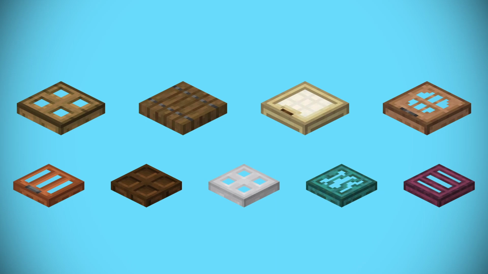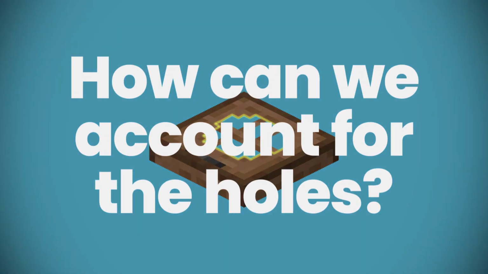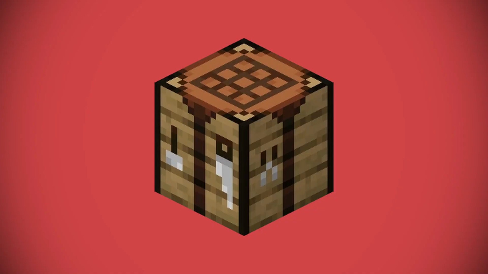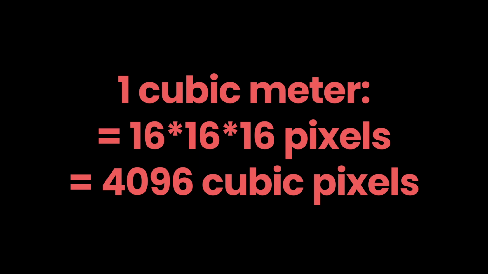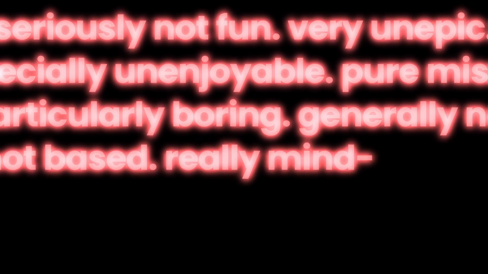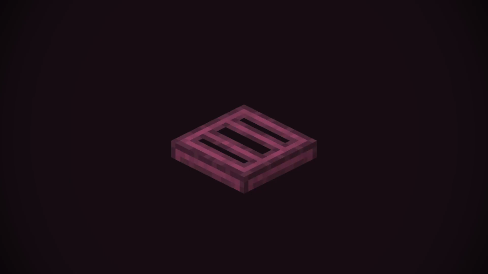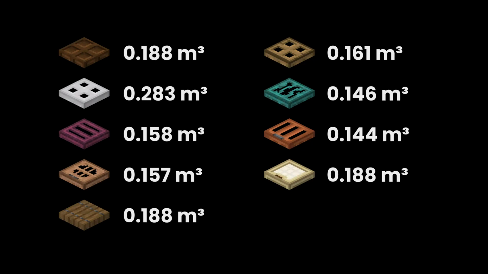Now, the work doesn't quite end there. Many trapdoor designs, in fact, all but 3, have visible holes in them. So, how can we account for this? By converting from cubic meters to cubic pixels. So I've taken the liberty of counting the number of missing pixels on the top face of each trapdoor variant by hand, which should not have been as tedious as it was. Then we can calculate the area of the remaining face of each trapdoor, multiply by each trapdoor's height of 3 pixels, and convert it to cubic meters to find that the calculations I put on screen are accurate,